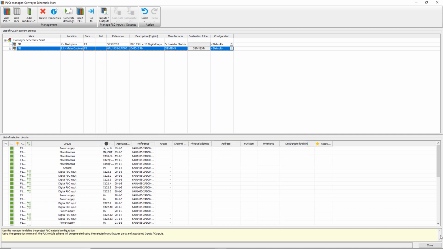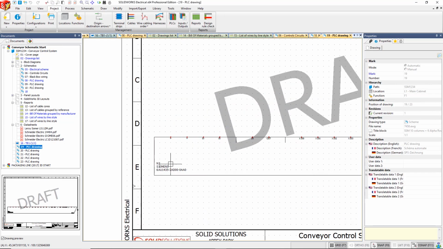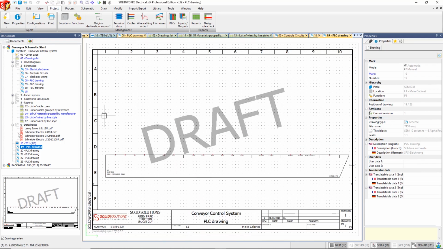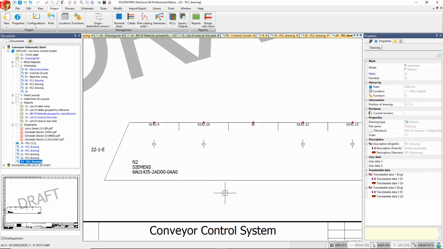So taking a look at what's happened then, if I go back to my project, I've now got sheets 19 through to 23. You can see here it's produced that PLC, it's all been generated. I've even got my document watermarked because I haven't yet approved my documentation. It all comes through and it's broken it down into 5 separate sheets for me, so I can now begin to connect up the connections on this particular PLC. So regardless of what PLC it is, this standard configuration will resize based on the information from that particular supplier.